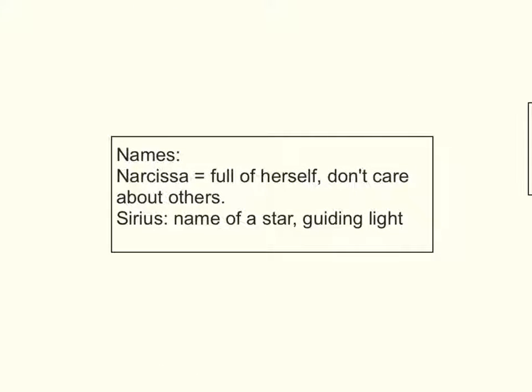And lastly, but not least, we've got the names. Names often carry a meaning. For example, Draco Malfoy's mother, Narcissa, comes from the name Narcissus from Greek mythology, of a person so much in love with himself that he starved to death by looking into his own mirror image. Now, Narcissa is, like Narcissus, full of herself, and she doesn't care much about others except for her own beautiful family. Another example is Sirius, the godfather of Harry Potter, which is also the name of a star, a sort of guiding light or guiding star in Harry's life in many ways.